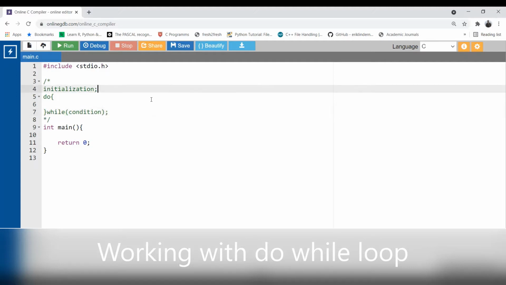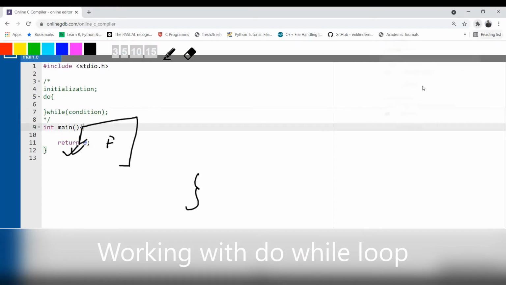Okay, so where is the updation now? That's why I told you that the way do while loop works is quite different. Okay, we'll see in this lecture how we can use this updation. Just for the timing, just consider this is the initialization that you put outside of the loop, and while comes during the exit from the body of the do while loop. It means, see, we all know how a program is executed.